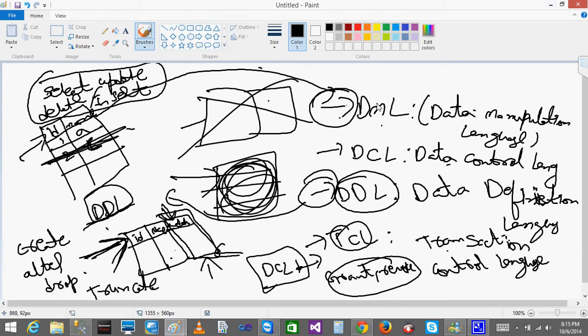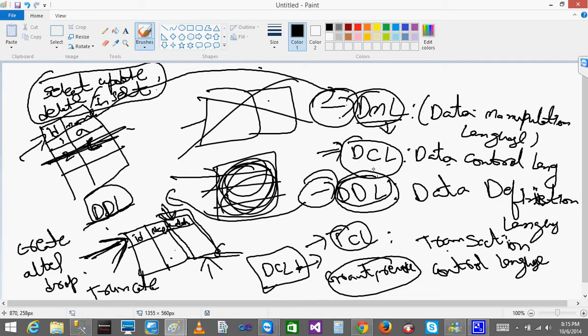DML means data manipulation language. DML always deals with the data. If you want to change anything at the data level, then you will use the DML commands. The DML commands are select, update, delete and insert. If you want to change the structure of an object, in the sense you can call it a table or anything, like create a structure, remove the structure, change the structure, then you will use the DDL commands. DDL commands are create, alter, drop and truncate.